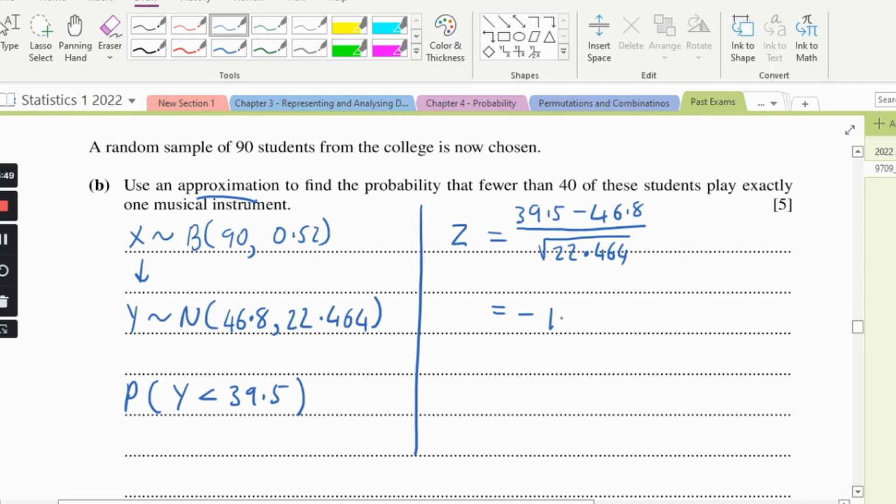We're getting negative 1.540. No? We are. Okay, nice. And we want the probability that it's fewer than that. So I'm just going to do a little sketch now. Here's my normal distribution. Here's my mean. And I know that negative 1.5 is out here, and I want this bit here. So the probability that z is less than negative 1.540